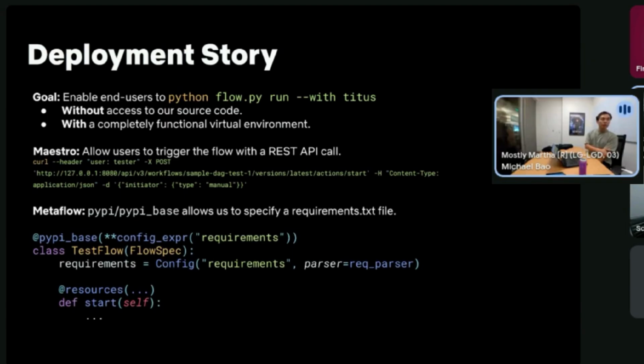And how Metaflow connects all the dots together is that they support PyPI and PyPI-based decorators to let us specify a requirements.txt file to be able to just populate an environment. So given all of these pieces, it just made Metaflow a really convenient choice for us to be able to